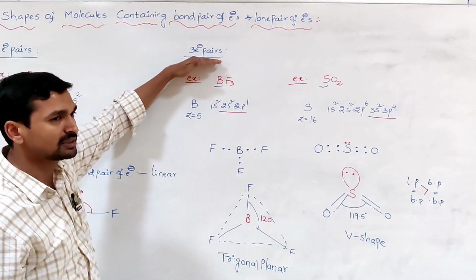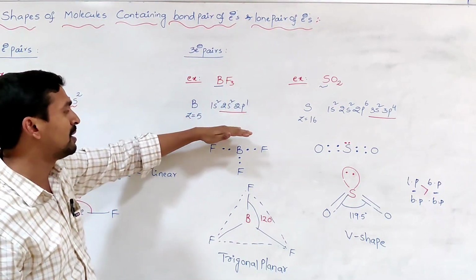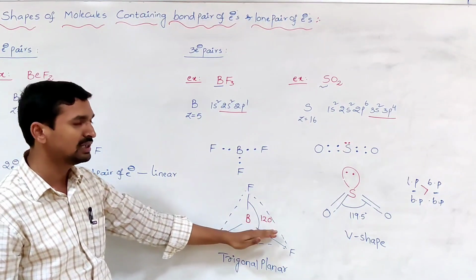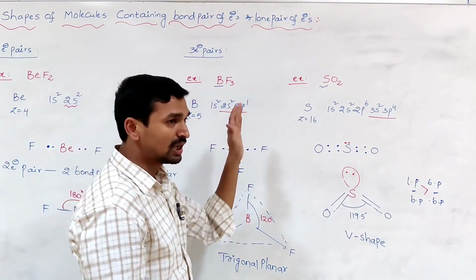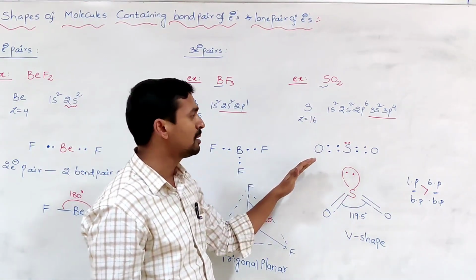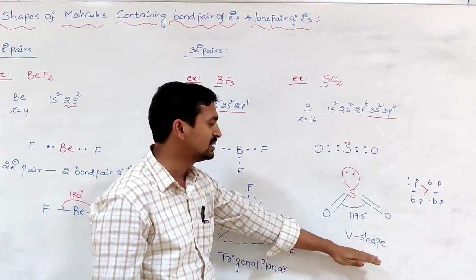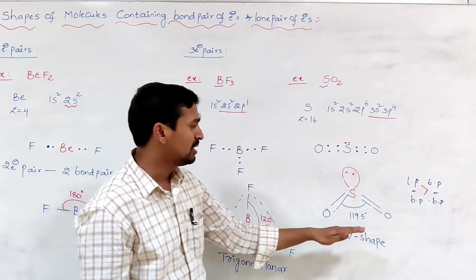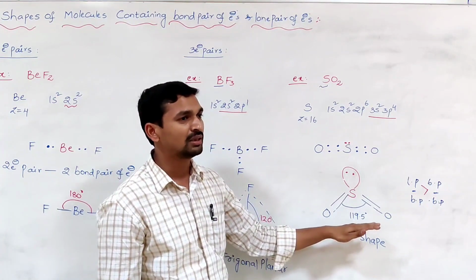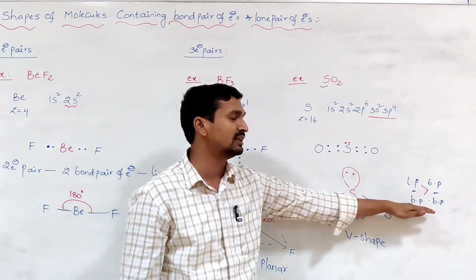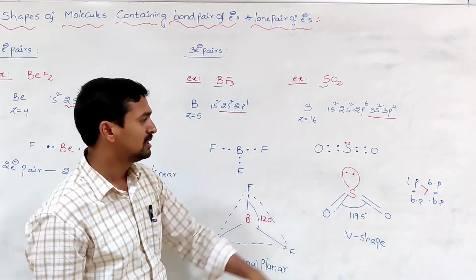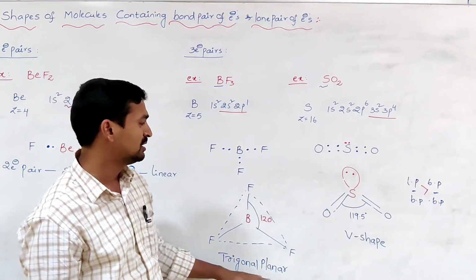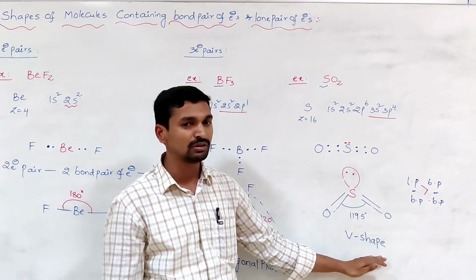If three electron pairs are present and all three are bond pairs, the molecule adopts trigonal planar geometry, in which the bond angle is 120 degrees. But if out of the three electron pairs, two are bond pairs and one is a lone pair, the molecule adopts the V shape and the bond angle is less than 120 degrees. Here the bond angle decreases because lone pair-bond pair repulsions are stronger than bond pair-bond pair repulsions. Due to the presence of the lone pair of electrons, the regular geometry is distorted, from trigonal planar shape to V shape.